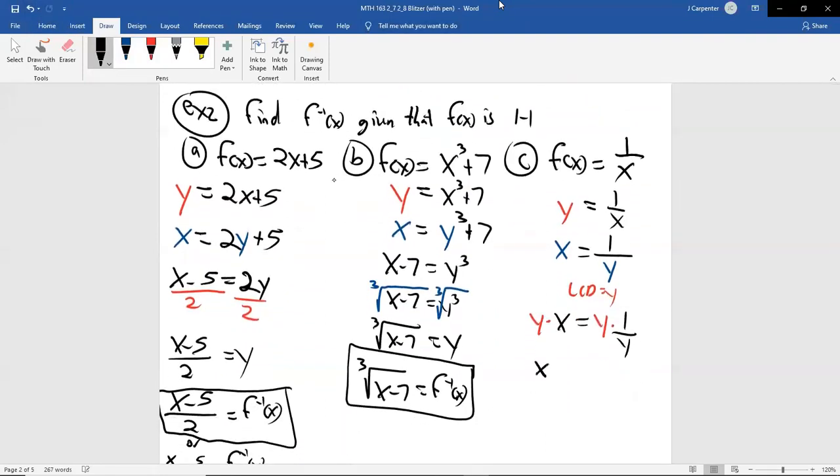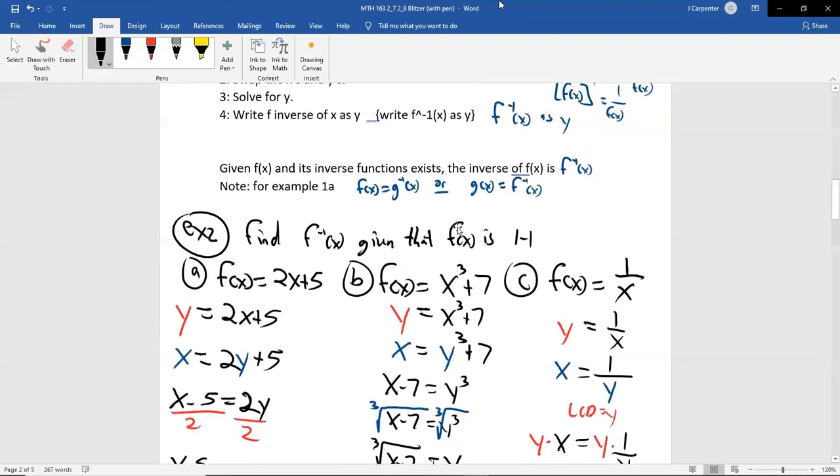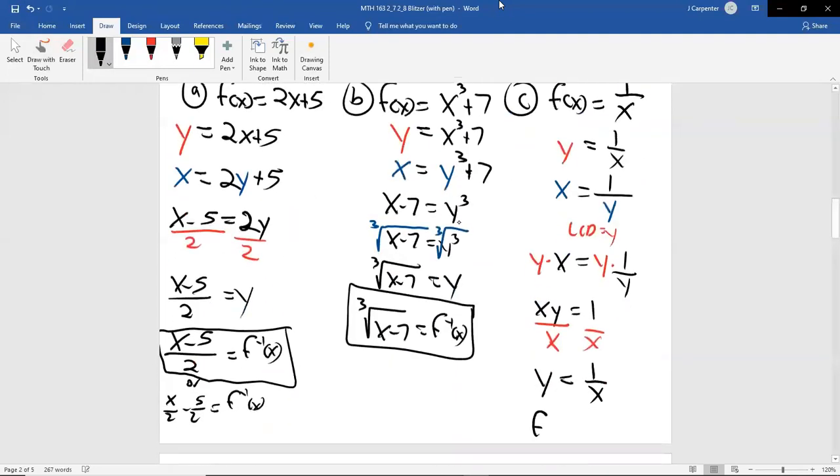So now we have x y equals 1. You could have written the y first still, that won't matter. Now again, we're trying to solve for this y, which means since it's multiplying by x, we need to divide it. Divide both sides by x. So that those x's cancel, and we now have the y isolated, giving us y equals 1 over x, but then the last step says to write it as f inverse. So we get f inverse of x is equal to 1 over x, and that is our answer.